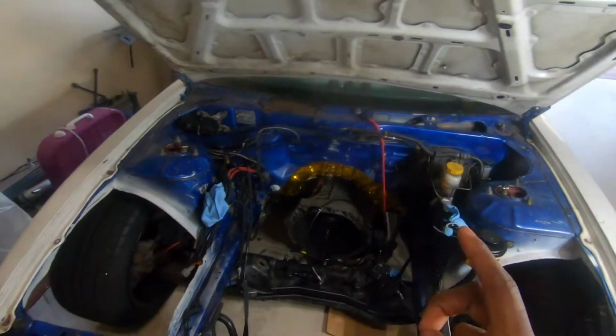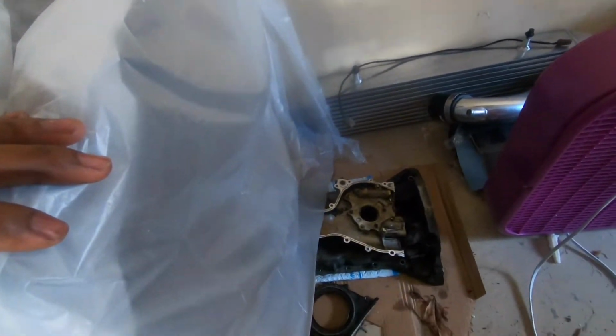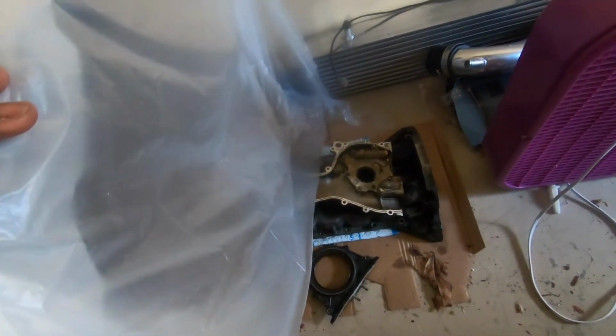I lied. The messiest thing we're doing is cleaning the upper oil pan and the front cover, and then the rear main housing. That's gonna be...